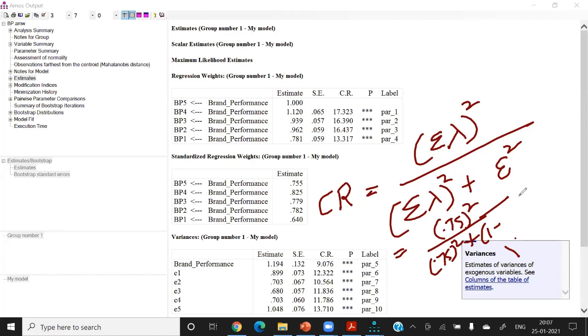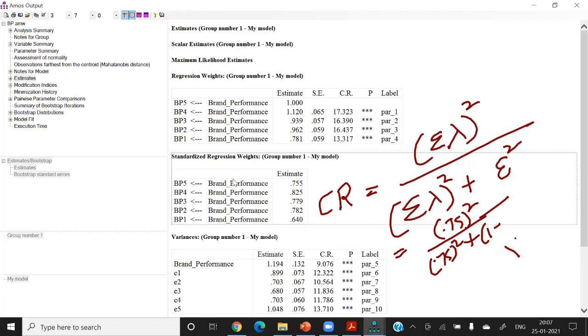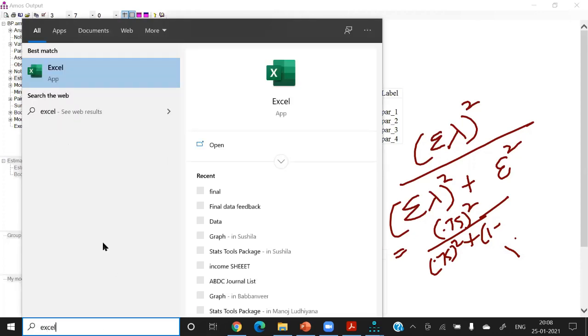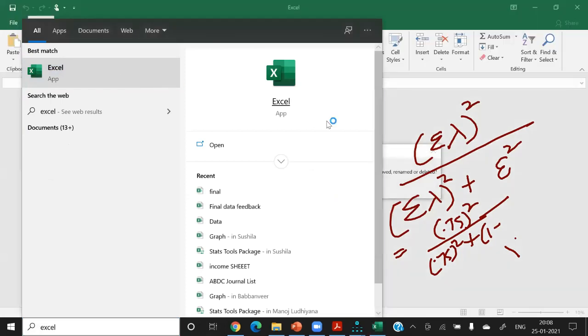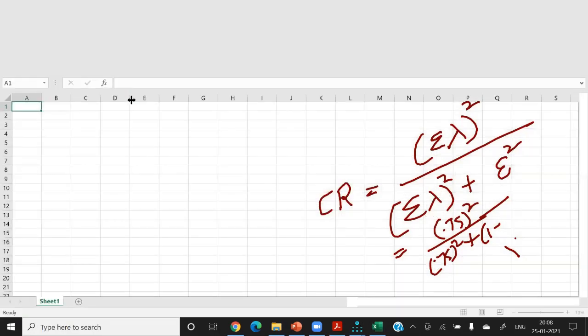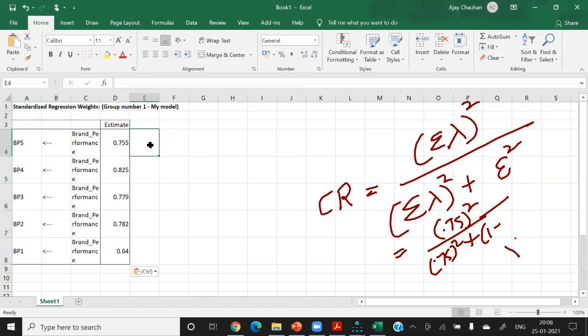Even better, I can show you in the Excel file. If I take all these values in the Excel file, we have a blank Excel file, and take the sum of it.